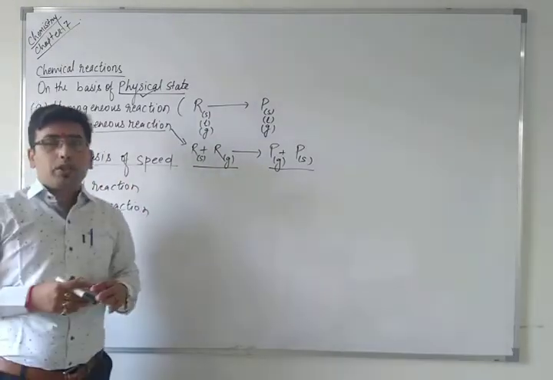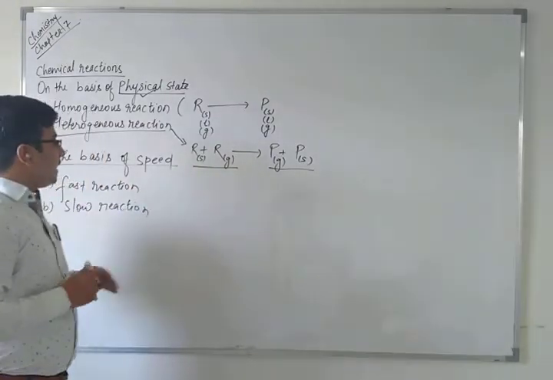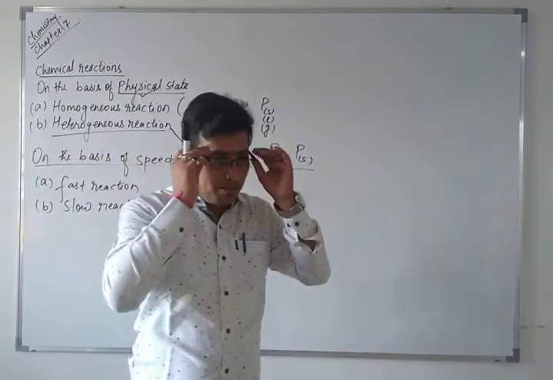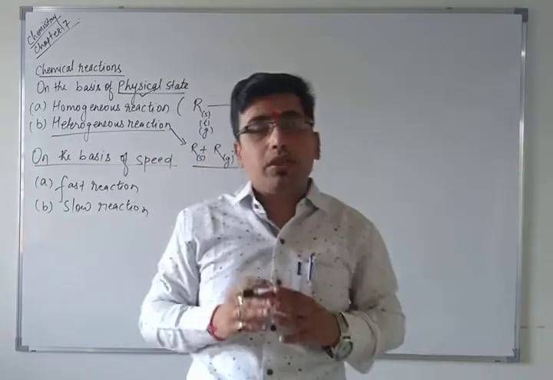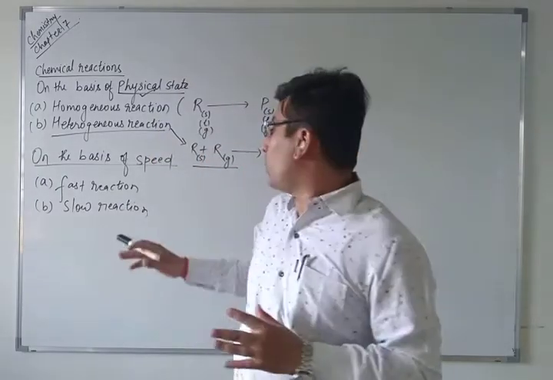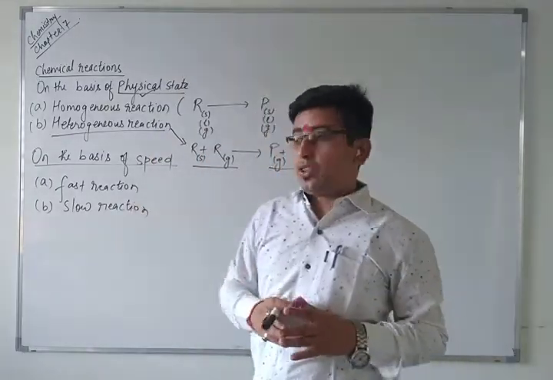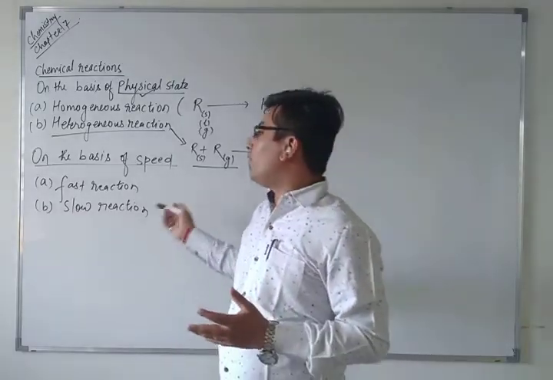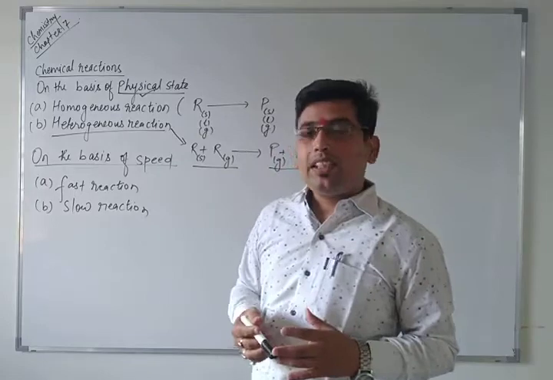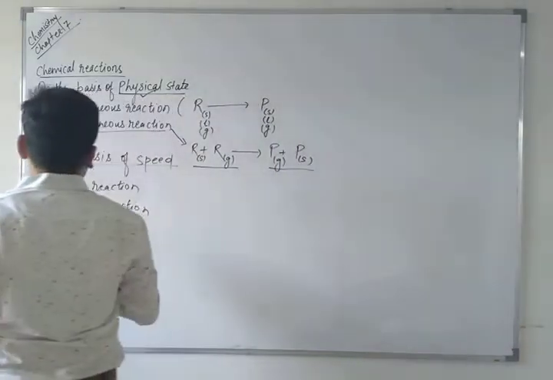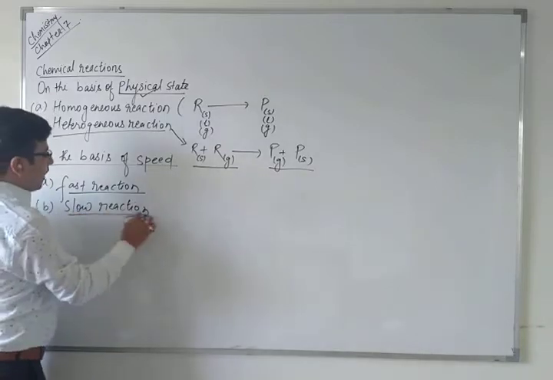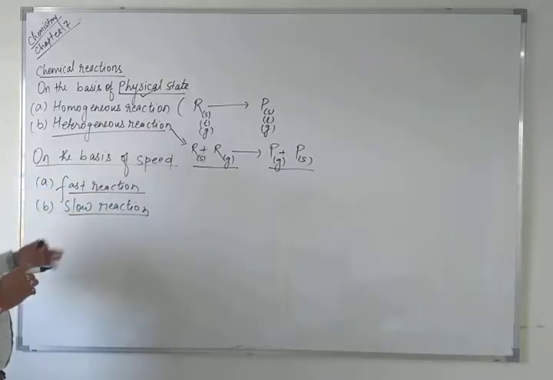If I talk about sodium chloride, it is very difficult to determine the rate of reaction in a fast reaction. It's very fast, rapid. So on the basis of speed, in a fast reaction, it's difficult to determine the rate of reaction. In the slow reaction,